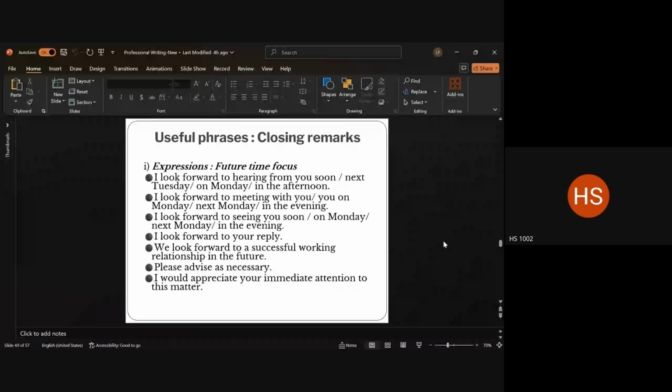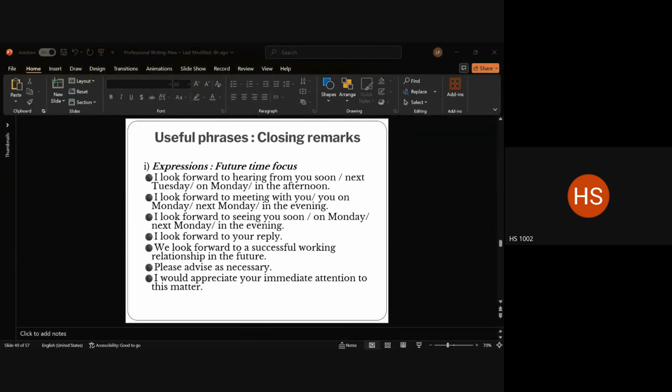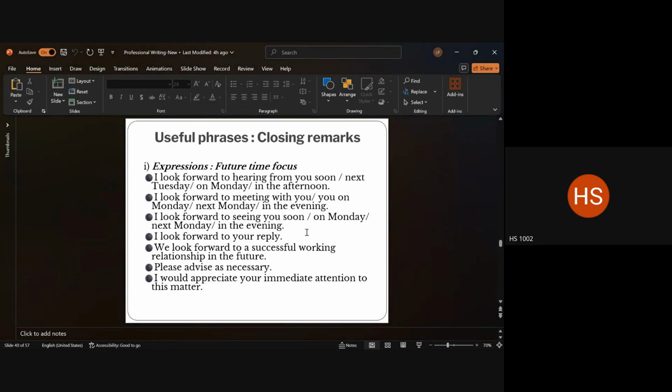Okay. Here, because the verb given to us is, I think it is there in one of your closing remarks, right? See this one. Let me first check if my screen is stuck. Can you see anything? Yes, ma'am. Useful phrases. Now you can see. So look at this one, right? In our question, what we have is C. So mostly we are going to use the third option here. I look forward to seeing you soon.